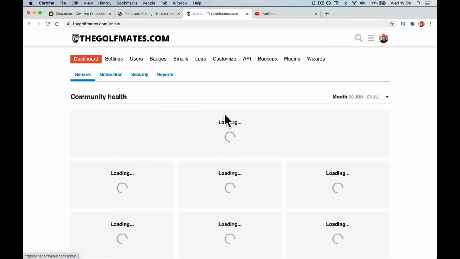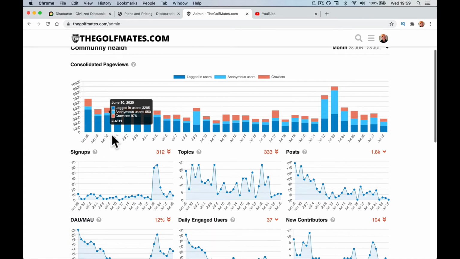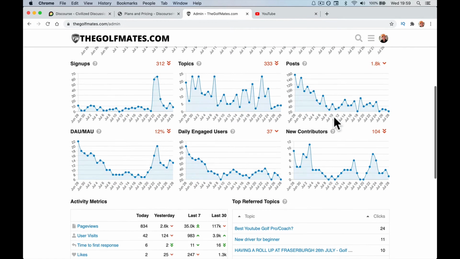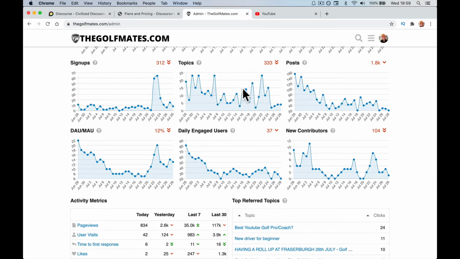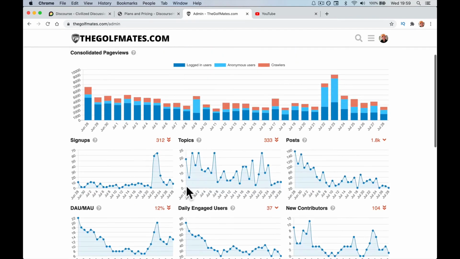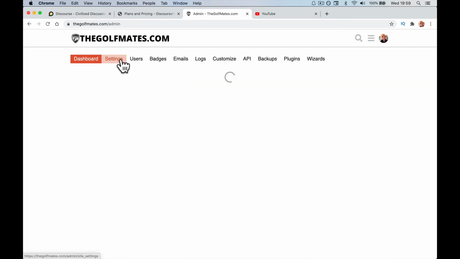Back-end wise, if you go into the admin, I don't want to go too much into it, you can see the dashboard of the views and how many people have been in. Logged in users, anonymous users, so it was a busy day in here. Crawlers are the robots that are picking out things for the search engines to see what's happening, see what new content's there, new sign-up information. All sorts of the data that you would expect.